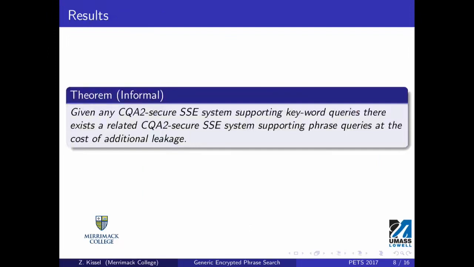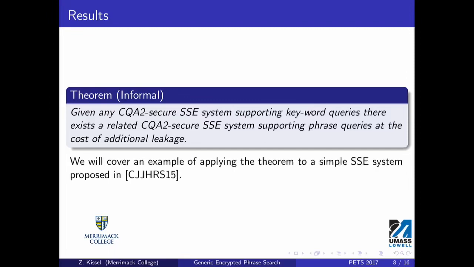So in this work, our main contribution is a theorem where we show that any CQA2 secure searchable encryption system supporting keyword queries can be used to construct a CQA2 secure SSE system that supports phrase queries at the cost of some additional leakage. So to show you how this theorem works, instead of doing a proof, let's look at an example. And this is going to be based on the keyword SSE system due to Cash and others, and this is